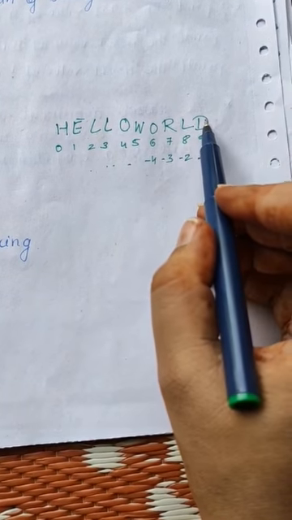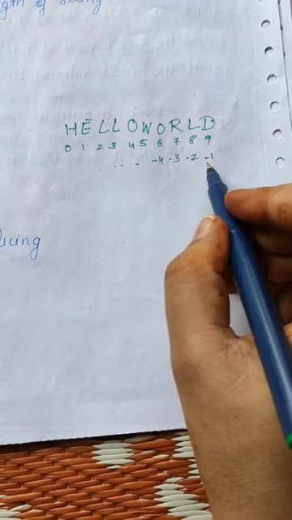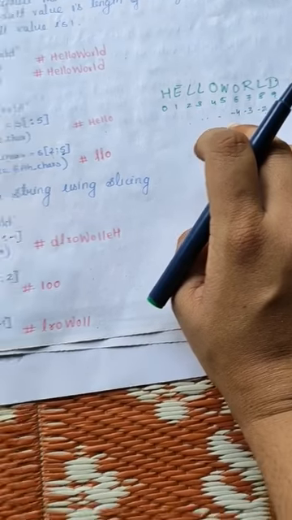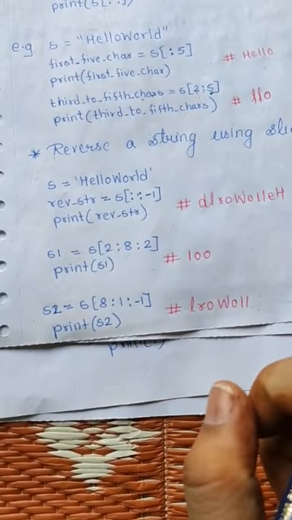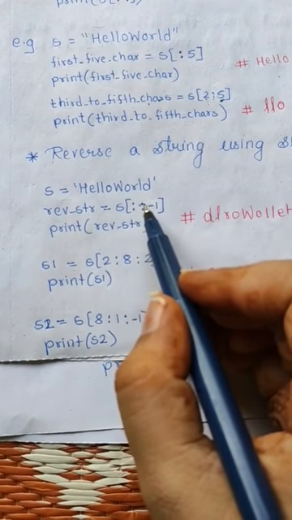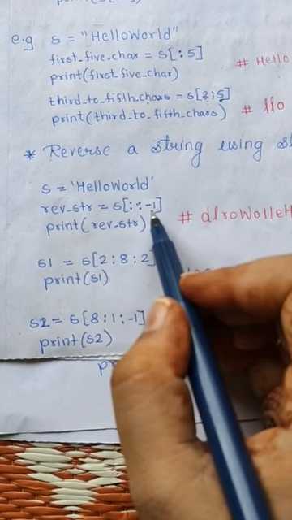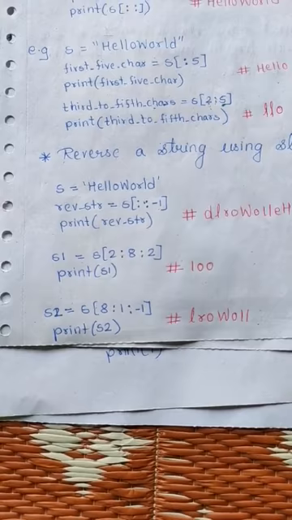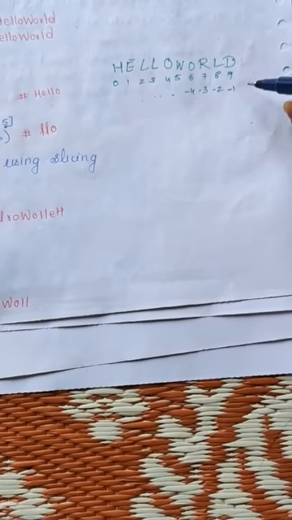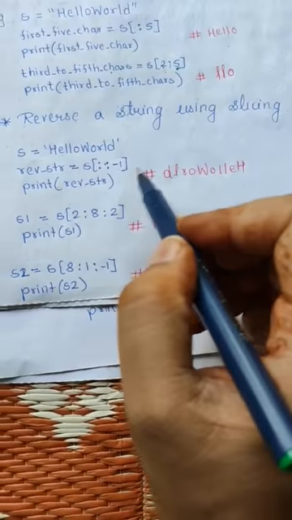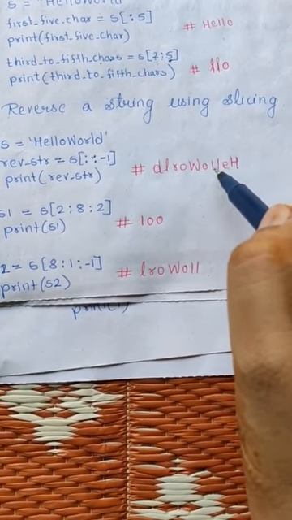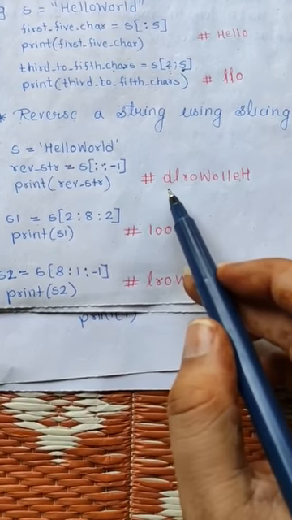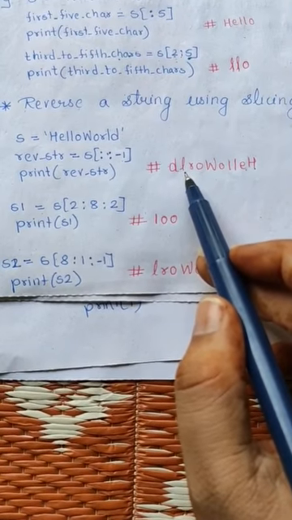So it will always start with the last character of the string and with a negative number. When I want to reverse this particular string, simply, as you know very well, my starting position will be 0 and my ending position will be the length of the string. Here I am giving the steps. So how is it going to take the steps? From -1. So -1 is over here. It will start displaying from this, HELLOWORLD in the reverse order. So in this way we may print the reverse of a given string.